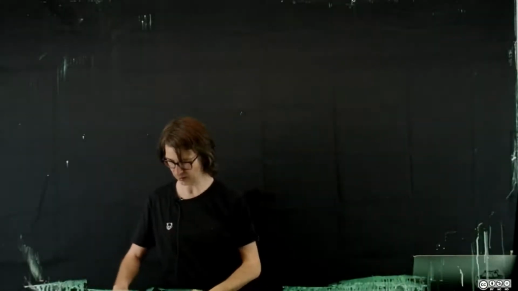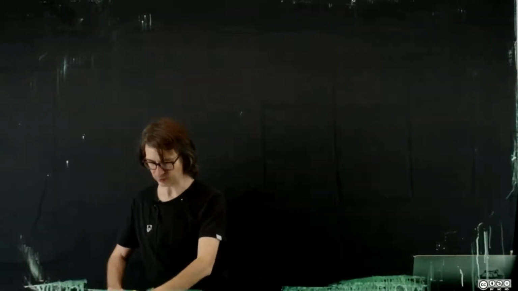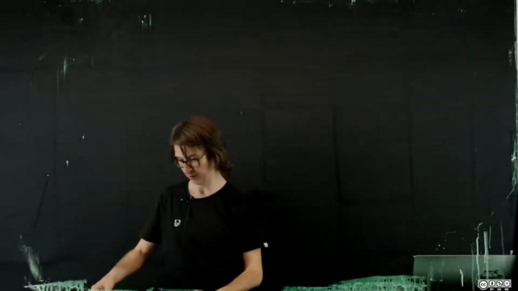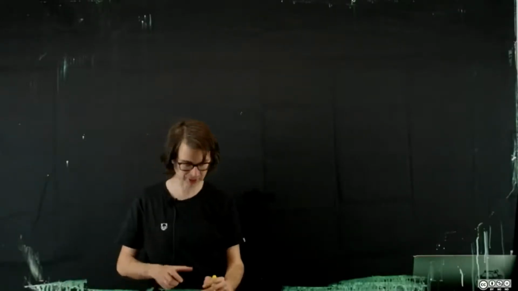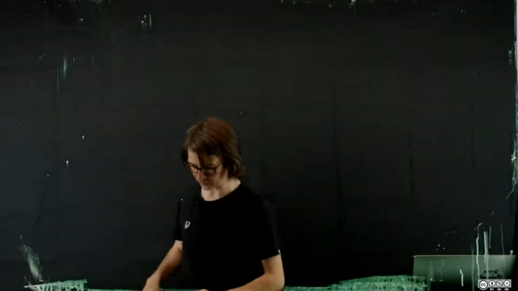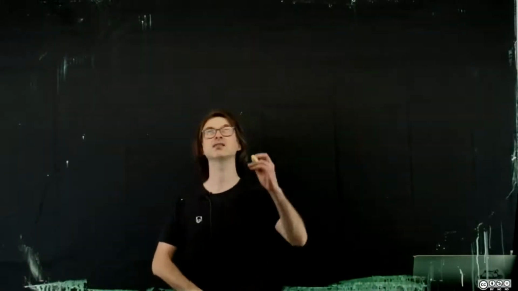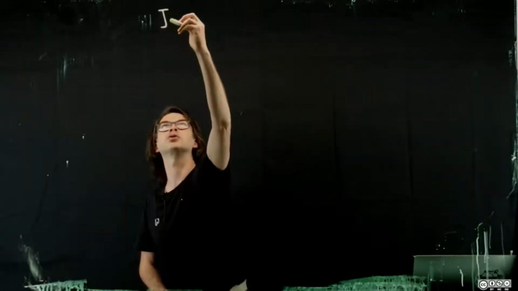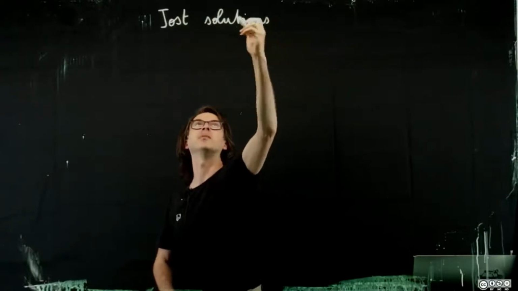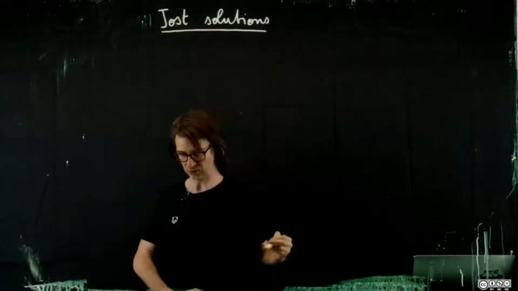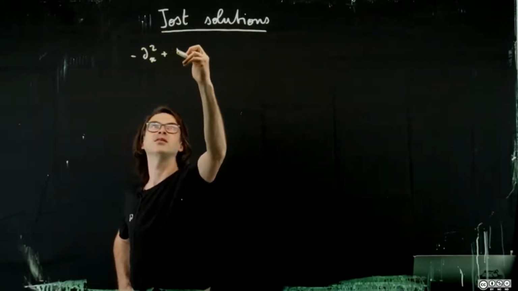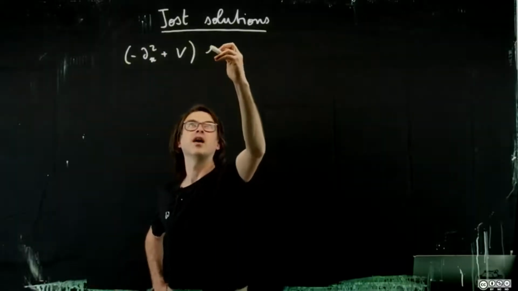Okay, and so I guess what we need to understand, in addition to the zero potential case, is just how solutions of the ODE with the potential behave, and that's called Jost solutions. So Jost solutions are a particular basis of solutions of the problem -∂x² f + V f